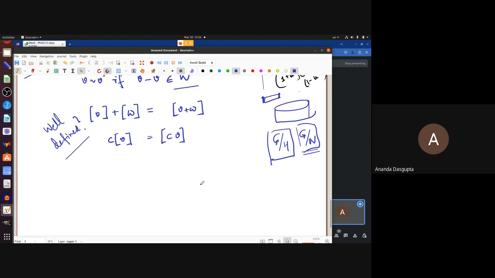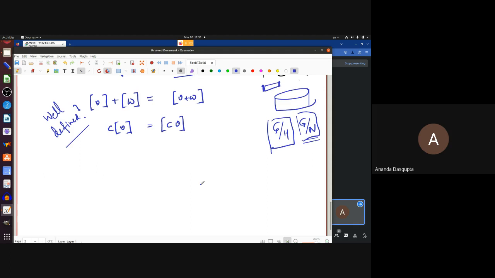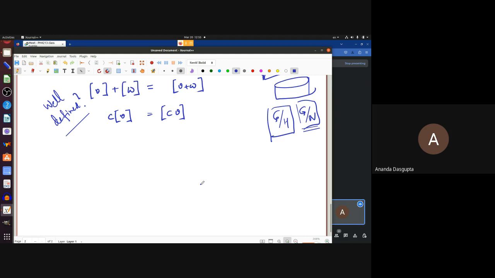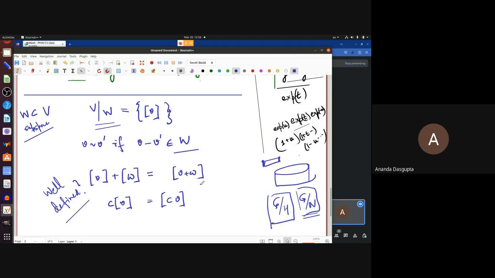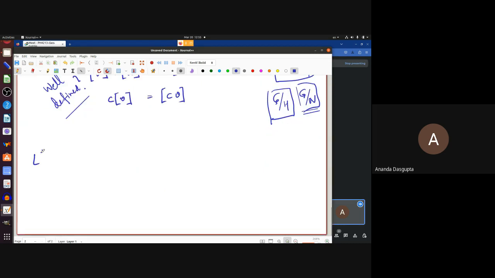I'm going to assume that you know how to do this. I'm pretty sure you all know, or even if you did not do this before, you should be able to easily figure out that this is a well-defined vector space. But remember, we are not talking about just vector spaces. We are talking about Lie subalgebras. So if we have L prime, an invariant subalgebra, of course a Lie subalgebra of L,